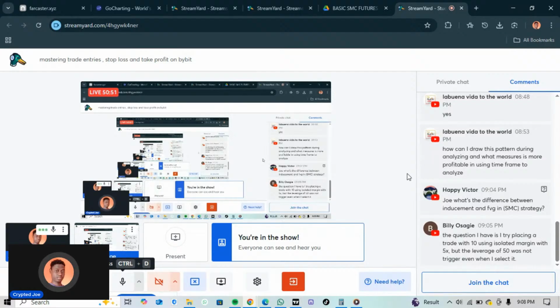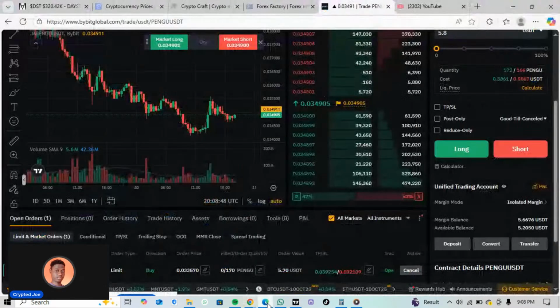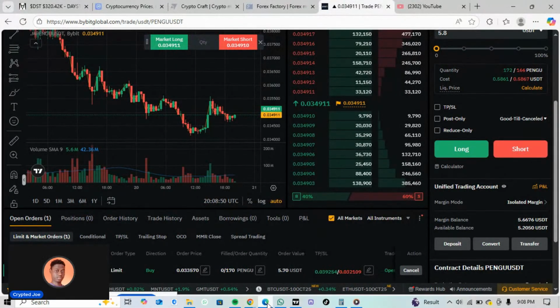Okay, you want to use 5x leverage, and you want to enter a trade with $10. So you multiply your desired amount with your leverage. You want to enter the trade with 5x leverage and $10, so you multiply 10 by your leverage, which is 50. Now that 50, you type it in your second box,